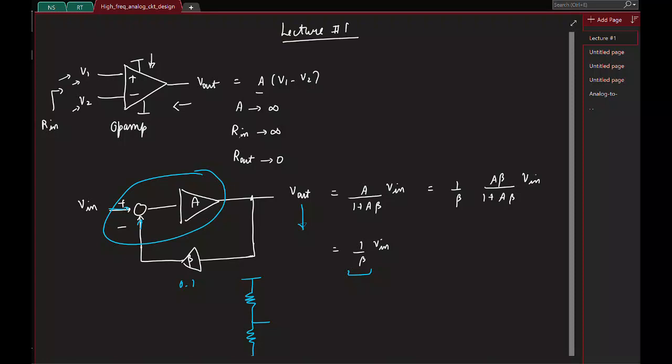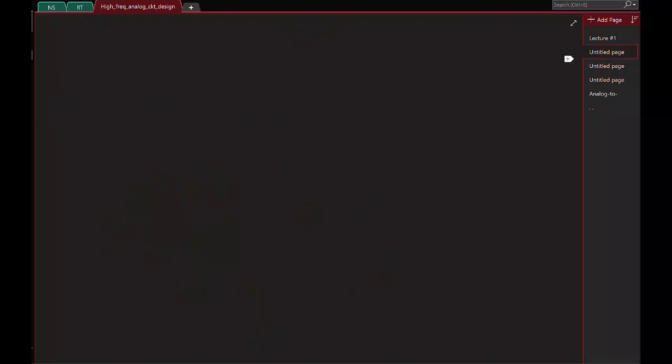These negative feedback loops are very important, and you'll find them in a lot of places, even in real life, you might have encountered. For example, if you think deeply, the way you speak also has an inherent negative feedback. If you want to speak to someone, the amplitude or loudness level with which you speak, the brain has some predetermined level saying that you speak at this level so that the opposite party can